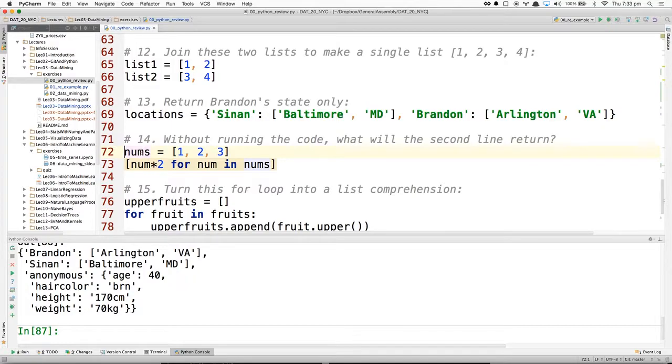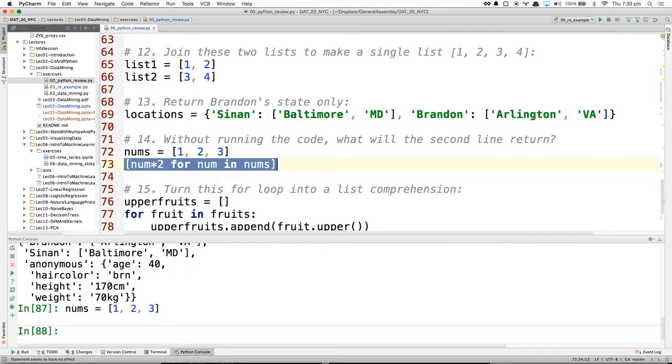This nums example is interesting because this is what we call a list comprehension in Python. I'm not going to have time to go through it in detail, but just as I can use this syntax to quickly query lists, I can use list comprehensions as a short form way of building a list. So it's basically constructing a list through a loop.